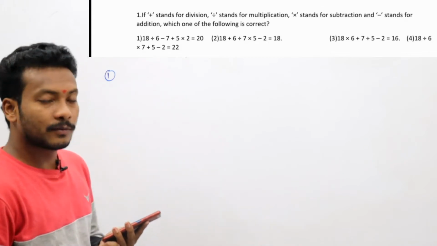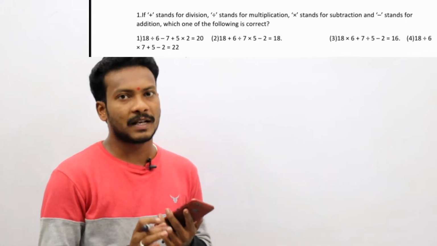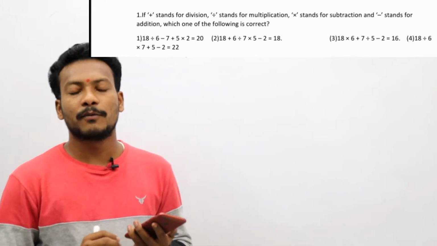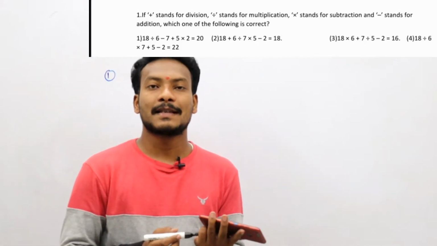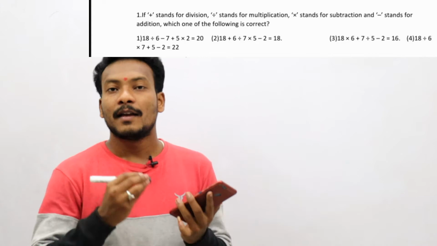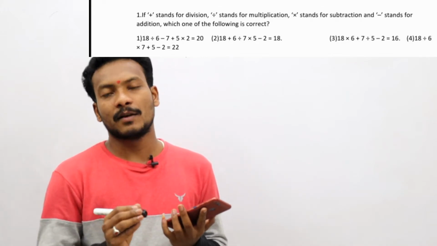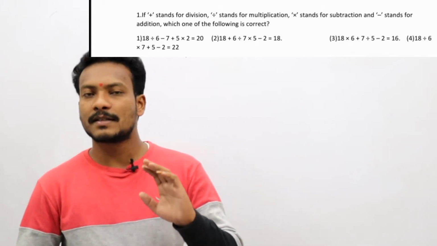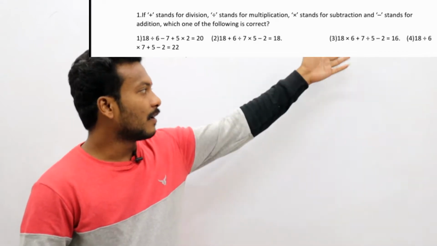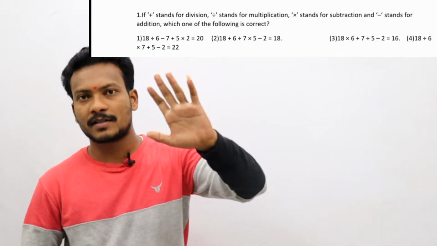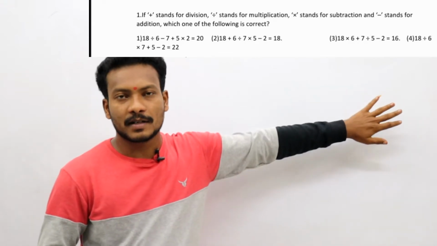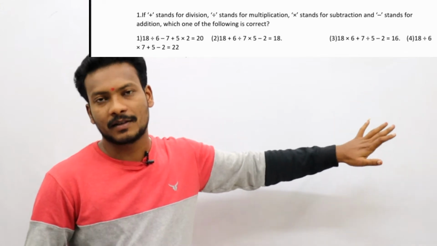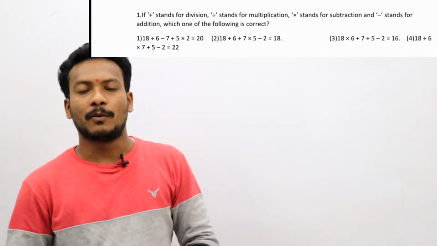Okay, first before going to the questions, the basic concept of mathematical operations is divided into 4 types. What are those? That is simplification, substitution, interchanging of symbols, and conclusion. Now of these 4, in this exam I am giving only 3 topics. Interchanging of symbols is not given. 100% I will give 5 questions on interchanging of the numbers. You have to answer in the comment section compulsorily with your name and the first question answer, second one, third one, fourth one, fifth one, like that. Okay, now only 3 topics are there.